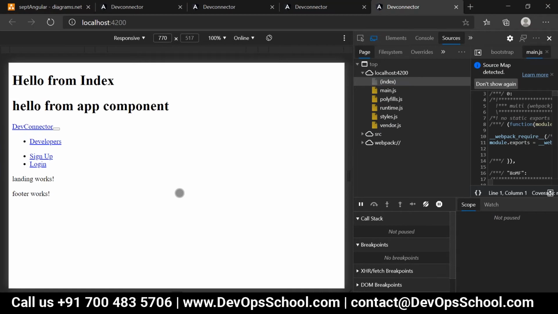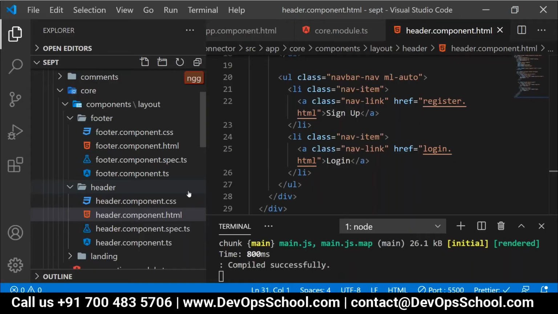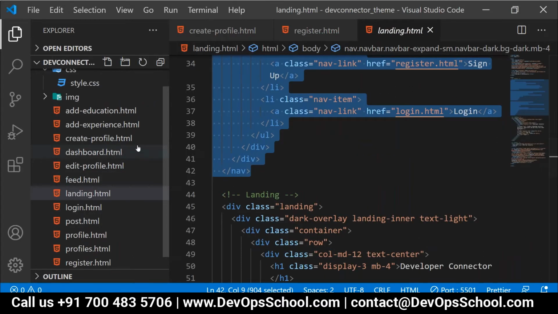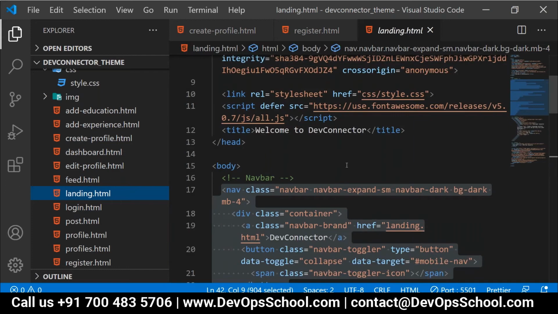People, again, I'll tell you what I've done. I have shared one zip file with you, correct? A folder called dev connector theme. Inside that, are you able to find login.html? Inside this login.html, can you go to line number 17?